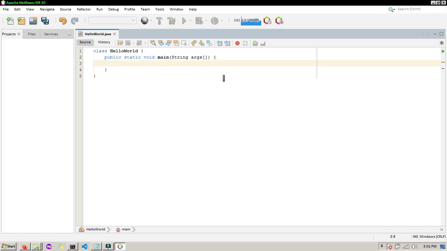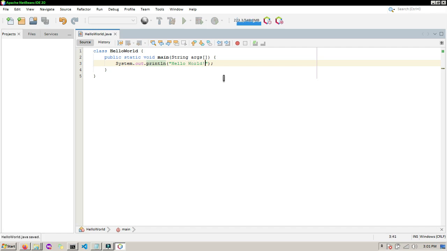Inside our main function, let's run System.out.println, and let's put the string "Hello World".